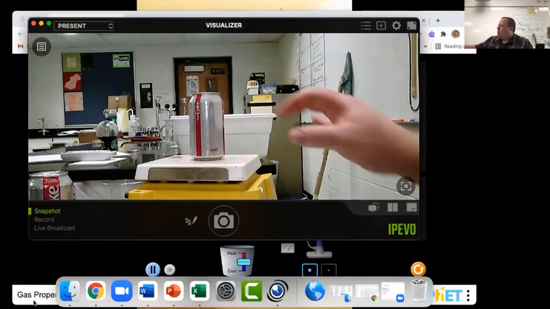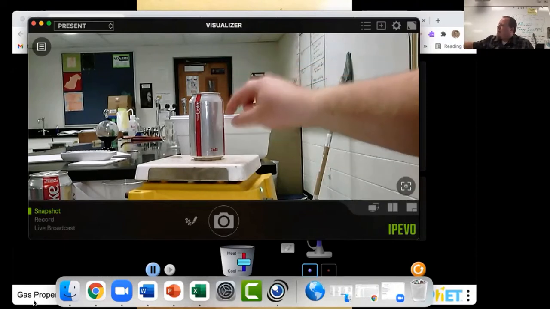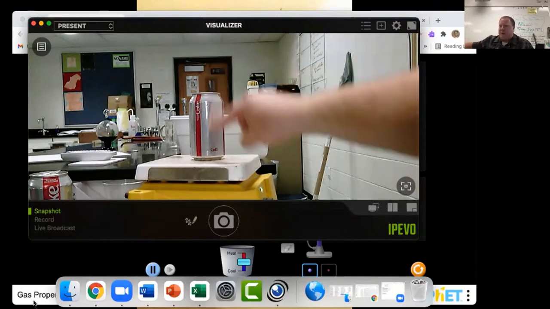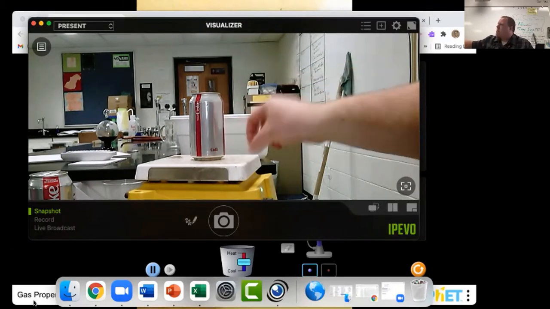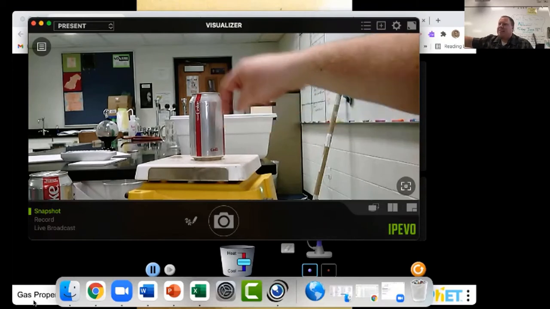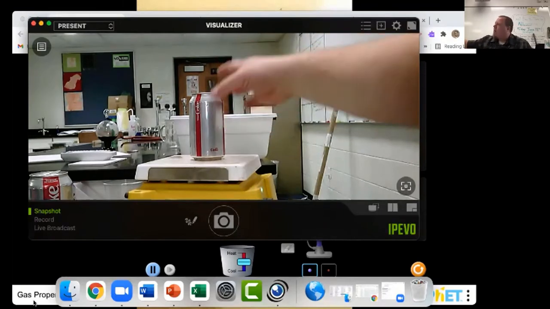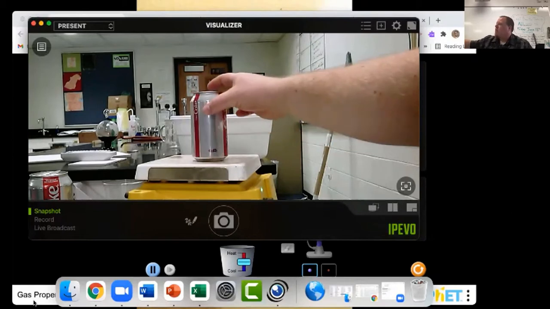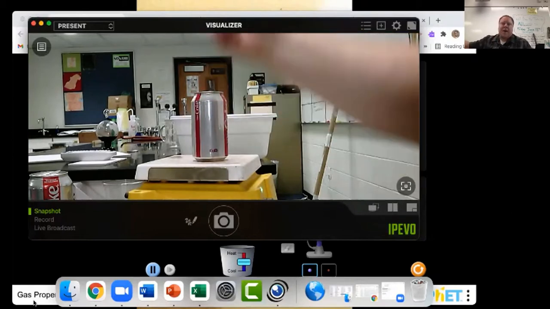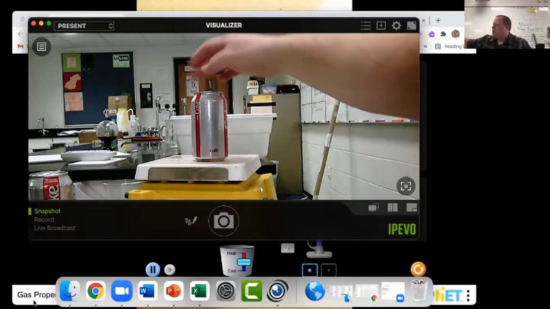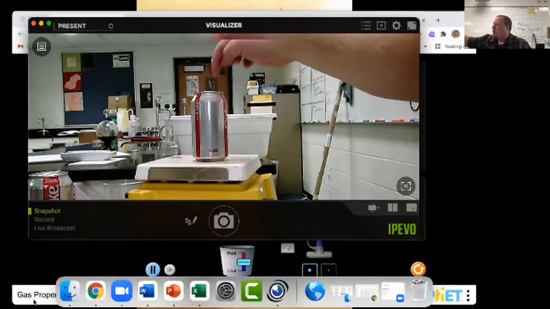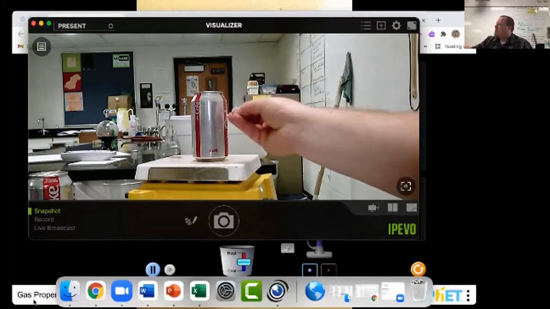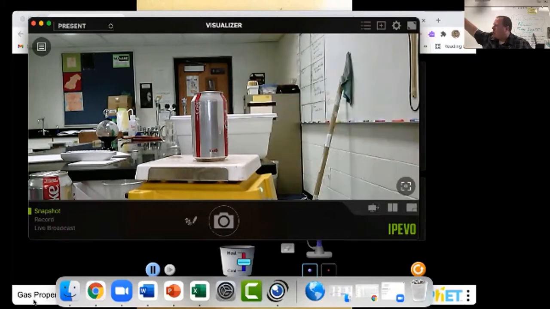But what's happening here is as I heat up the air inside the can, the air is moving faster, okay? And it's going to push on the sides of the can inside the can more. However, it is open, okay? So it's open to the atmosphere right here. So even though it's pushing, it does have a place for that extra air pressure to escape. There are particles coming out of this. On my hand, there's a nice breeze coming out. As that pressure increases, they're basically expanding and coming outward, okay?